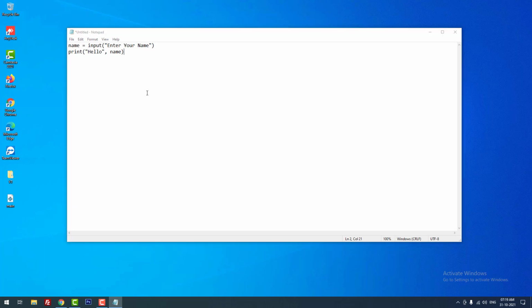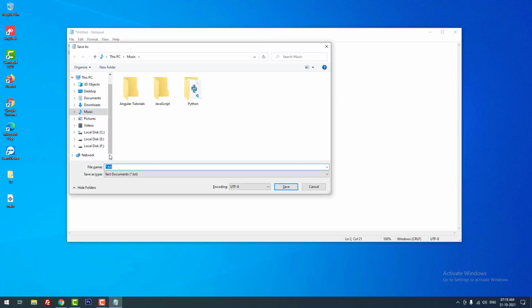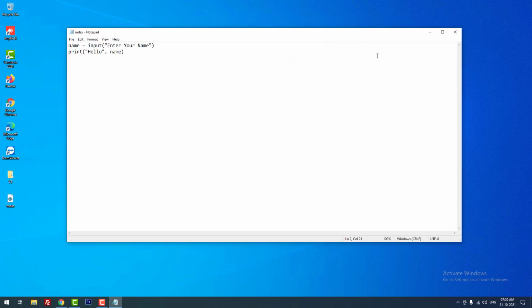Yeah, now I'm going to save this file inside the Python folder. I'm going to save this file as index.py. But don't forget to choose save as type as all files, otherwise it will save the file as a document. I saved the file.